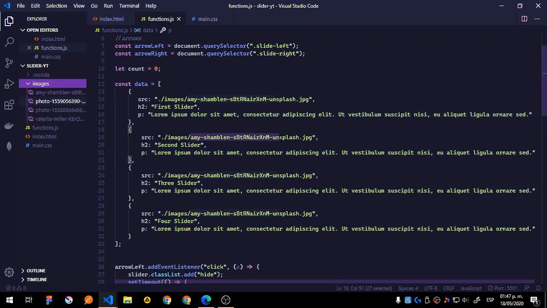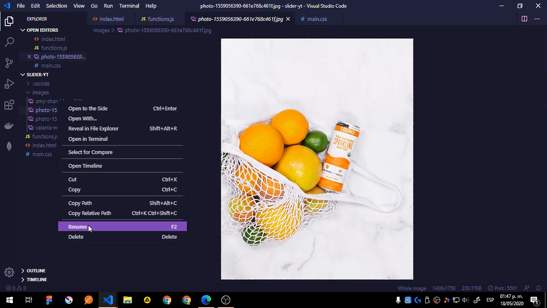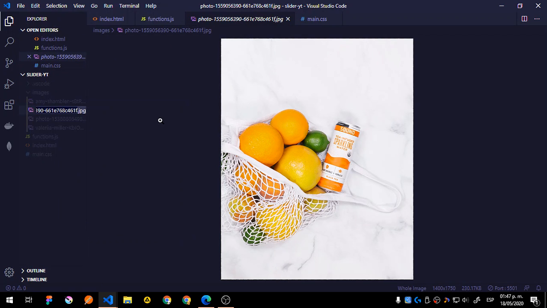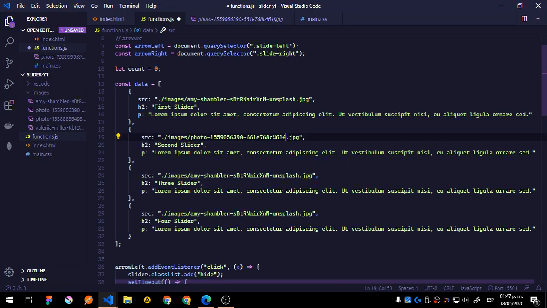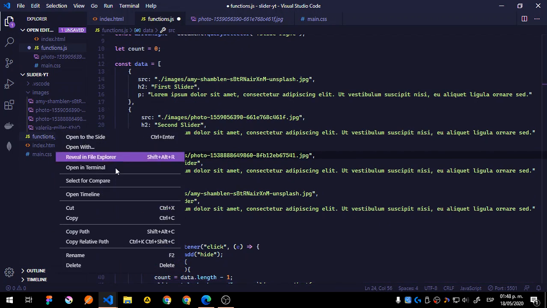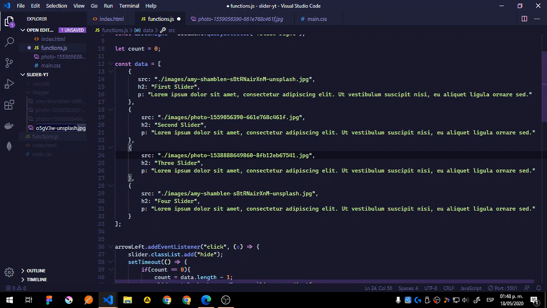I'm just going to change all these images. Why is it not changing? Okay, rename, copy, paste. Okay, rename, copy, paste. And we need the last one: rename, Control C, copy, and paste. Okay,